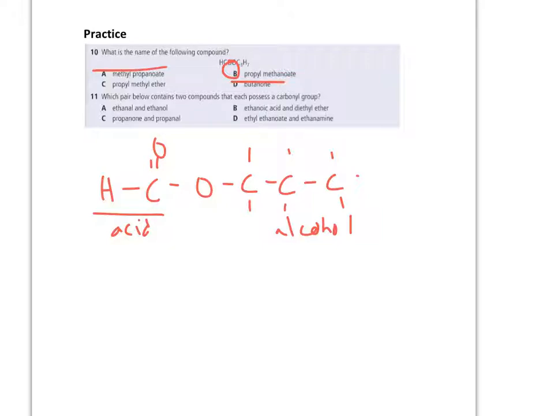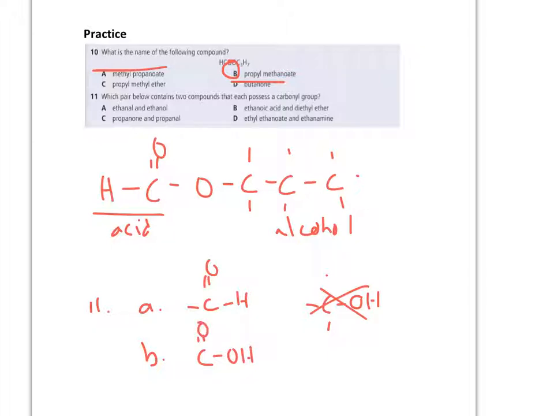So if I look at 11A, it would have to have a carbonyl group, but ethanol has an OH group, so only one of those works for A. B, ethanoic acid has a carbonyl group,